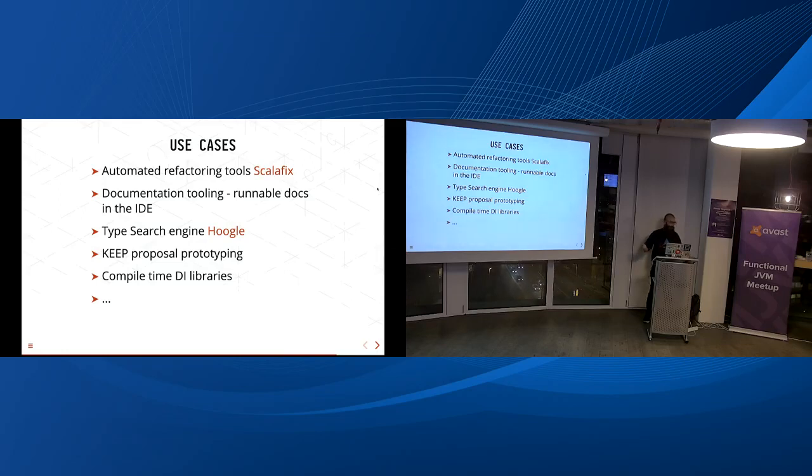Through IDE tooling, we can also make them interactable, just like you were writing code but within their example. We can do type search engines like Google. A very interesting one is proposing KEEPs, like you would propose a SIP, but you can actually build a working implementation that people can try and play around with, like we are doing for the type classes. And many, many more use cases that you can do with Kotlin with Arrow Meta, things that you can do with Scala Meta